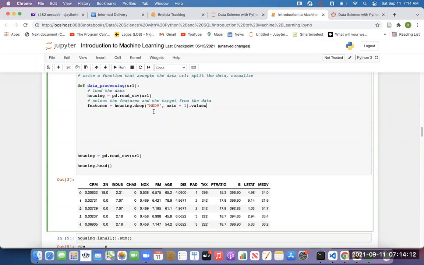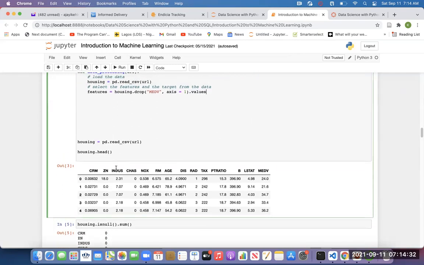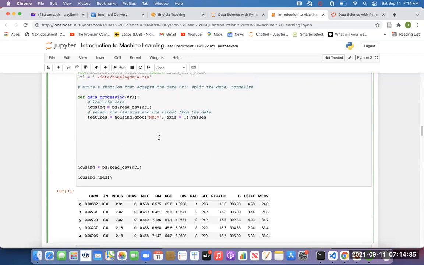For a large amount of data, it's a good idea to convert it to NumPy arrays. Who can remind me of one advantage of NumPy arrays? Why it's fast? That's right. So you guys are good. It's fast. It may not really show for this small data because this data is small. But for the data you're going to use for a project, it's going to be very large. You may develop a habit of turning the features to a NumPy array by doing dot values at the end. But even if you don't put it, it's still going to work. It doesn't mean that you must do that.